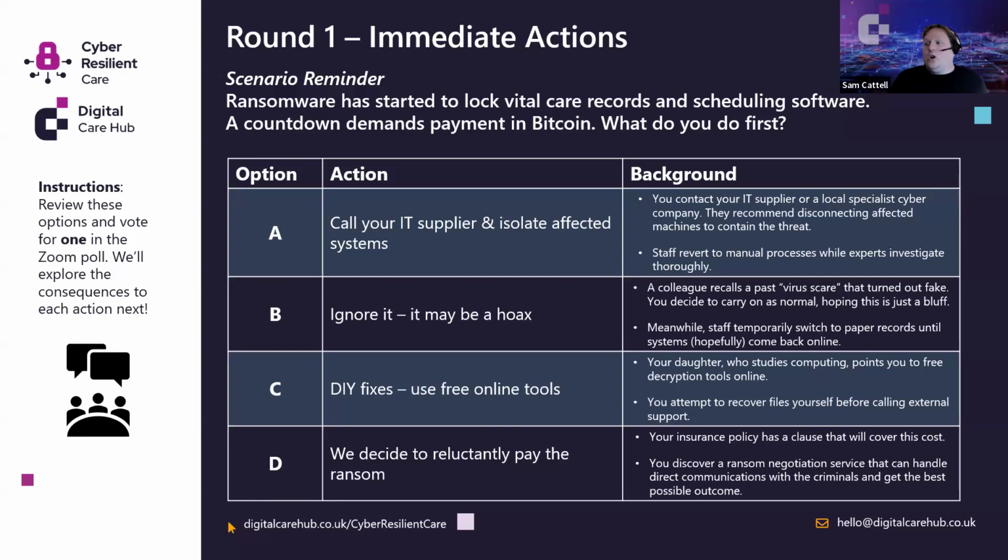of money. Or do you decide to reluctantly pay the ransom? It's just too much. You need these systems back up and running now. Your insurance policy has a clause that will cover this initial cost. And you discover a ransom negotiation service that can handle direct communications with the criminals and get the best possible